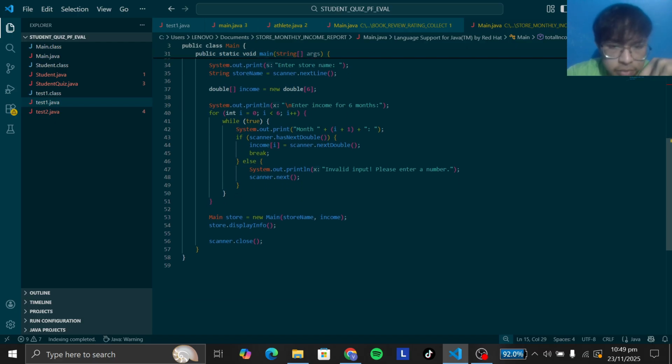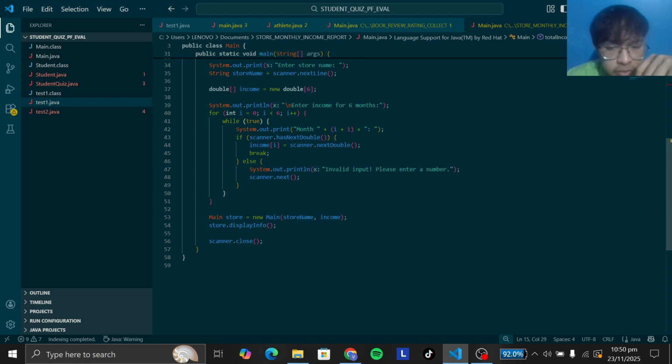So to sum everything up, this program utilizes every function. Overall, the program is designed to take a store name and 6 months of income as input, calculate the total income, and display a formatted report.